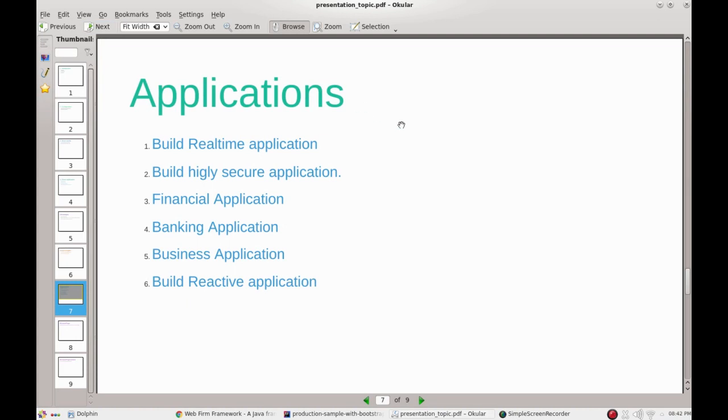If we talk about the applications of this framework, we can build a real-time application, an application which shows real-time updates in different parts of the UI. We can build highly secure applications because the UI logic is kept at the server side. So it is good for financial applications, banking applications, any business application, and it is good for reactive applications because